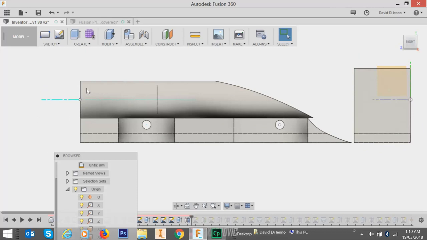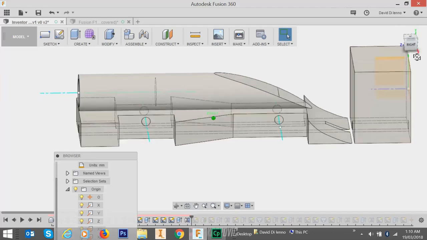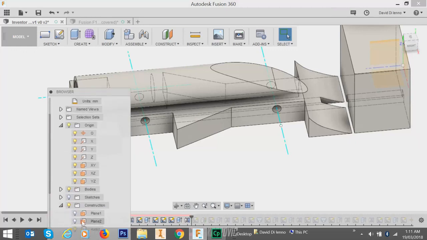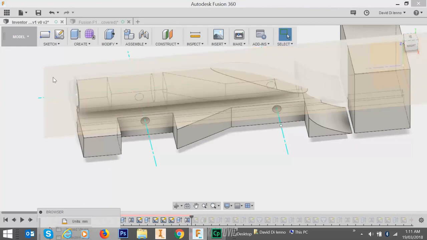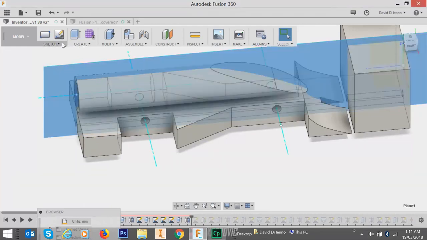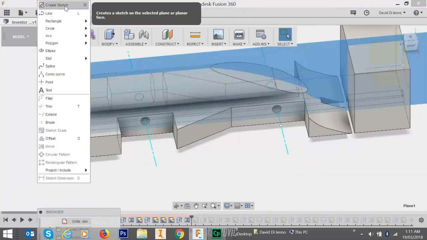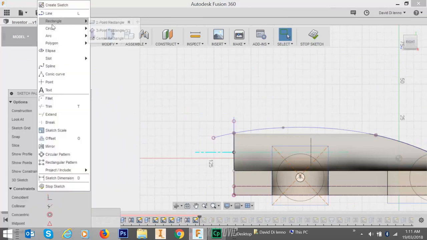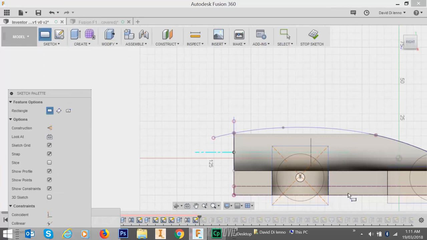So to do this, I'm going to create a sketch, and I guess I'm going to do the sketch on the center plane. So I'm going to bring up that center plane again using my browser. There it is, plane 1, turn it on, and I'm going to select that plane and create a sketch on there. So create sketch, and the kind of sketch that I want is a rectangle with a 2-point rectangle. Alright,